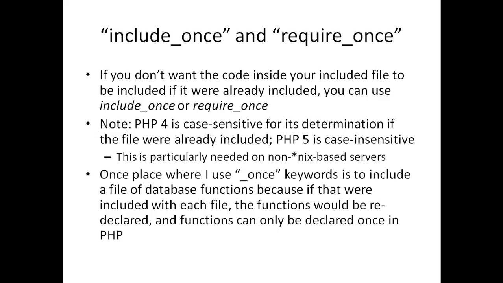Okay, so one place where I use the once keywords is to include a file of database functions, because if that were included with each file, the functions would be redeclared, and functions can only be declared once in PHP. So basically, if I have multiple pages of a site, and if I'm including files, and those files, when included, also include the same database functions, I can't have nested files that are including the file before it. I can't have them define the same exact function names because PHP will only allow the functions to be declared